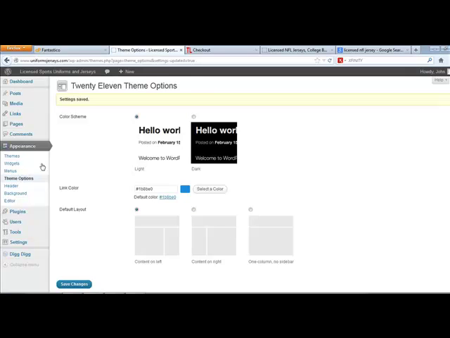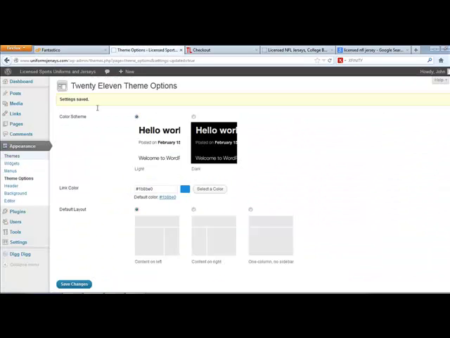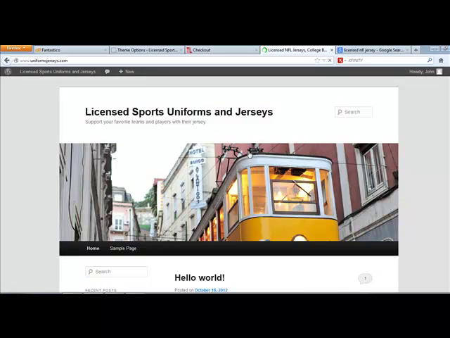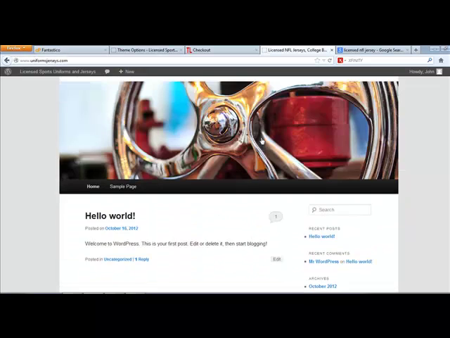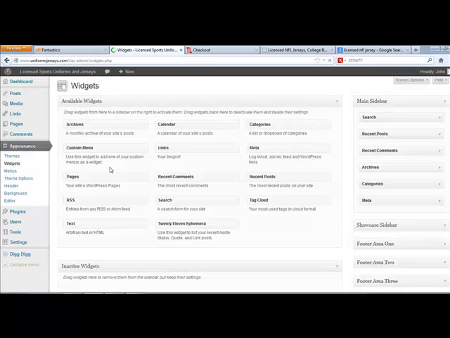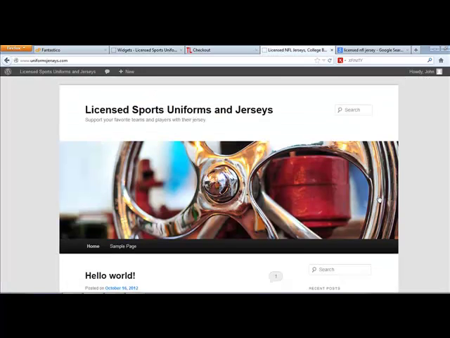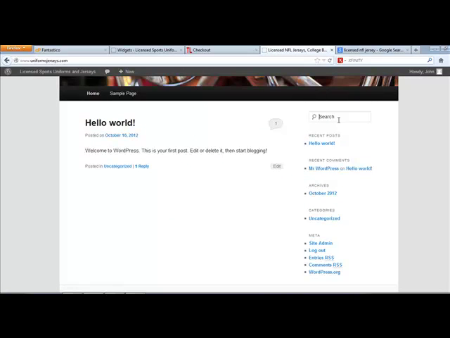The other thing that you've got over here that you can work with to get your first website up and going is, so let's make sure that change took. So you just go back here and refresh, and it did. The other thing that you want to work with is widgets. So you want to go here to widgets on the left hand side, and you're going to have several different options here within widgets. You'll notice here on the right hand side we've got a search box, which is actually going to enable people to search for content related to what you're offering. You've got your recent posts, your recent comments, your archives, your categories, and then this meta area,